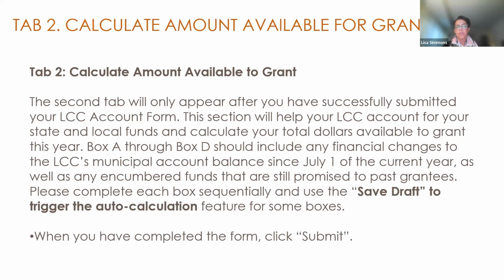Now we've figured out in FY23 what you spent, but now we need to figure out what's still pending in your FY24 account so that we can get an accurate number for what you can actually grant out in this fiscal year. One of the things that's really important, and like I said, we will go through this in the tutorial, is that save draft is basically the calculator of the grants management system. So you need to save draft in order for the forms to calculate themselves, and then you'll hit submit.